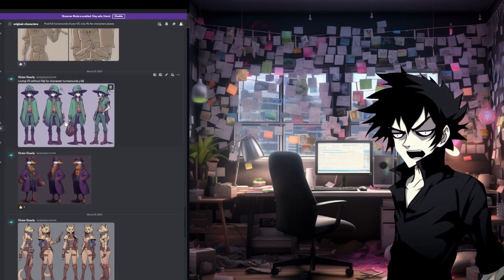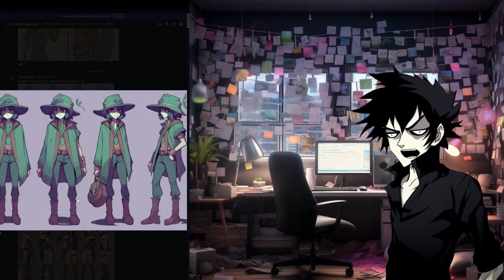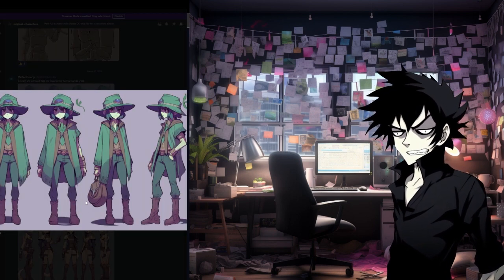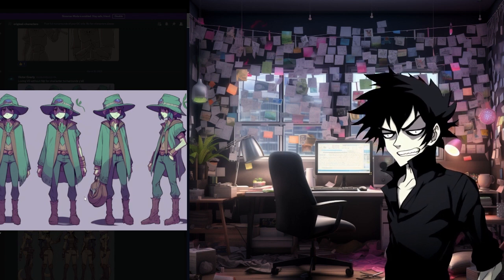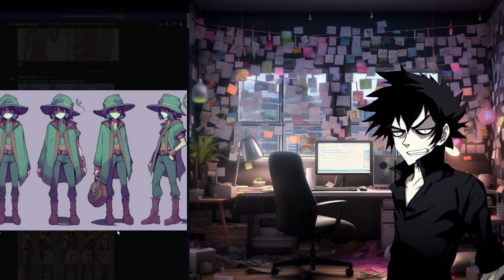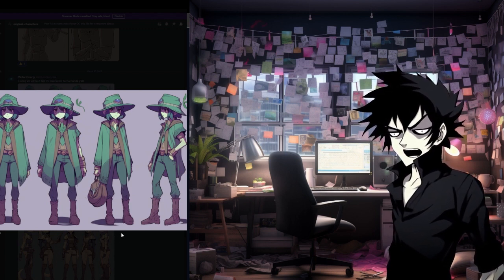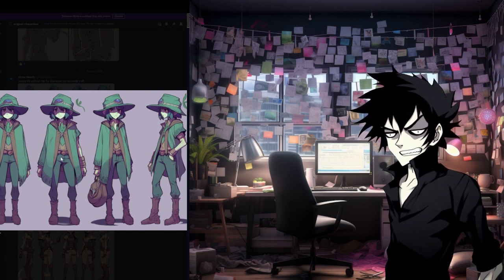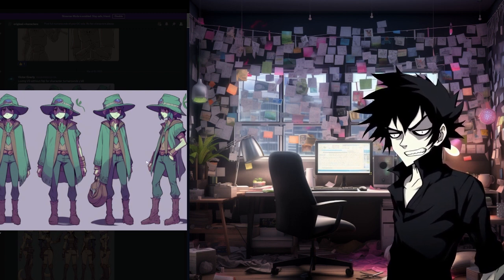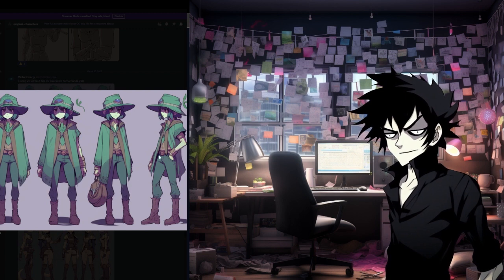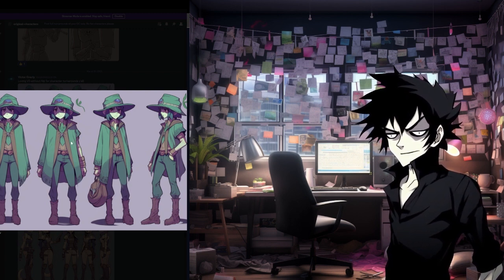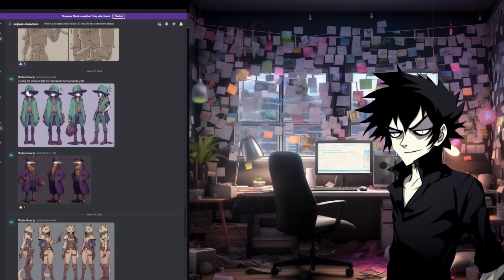But for today, I think I want to expand on this one here. This character, I don't have any sort of story for or anything like that. It's just one of the ones that I was very happy with the quality of. And what we did last time was we isolated this front and this profile here. And it's not a perfect profile. It's more like a two-thirds or so. But those two were enough to be able to start generating